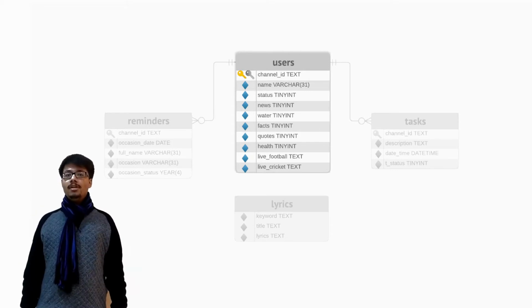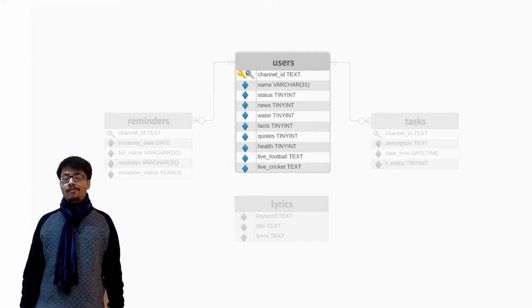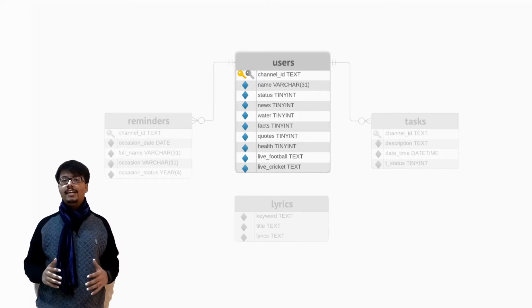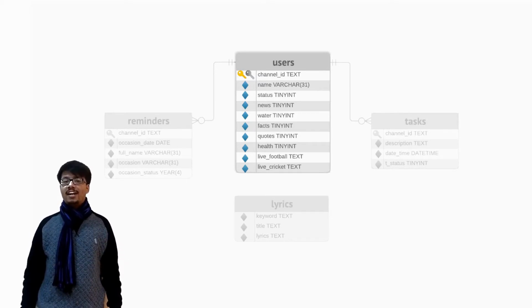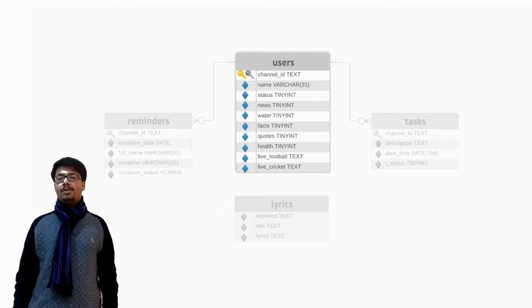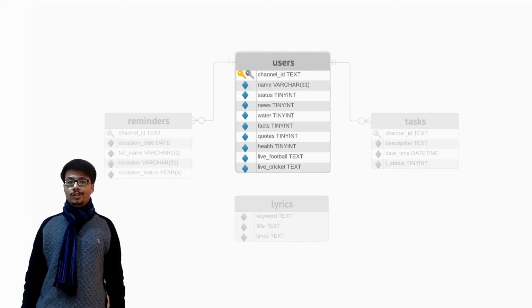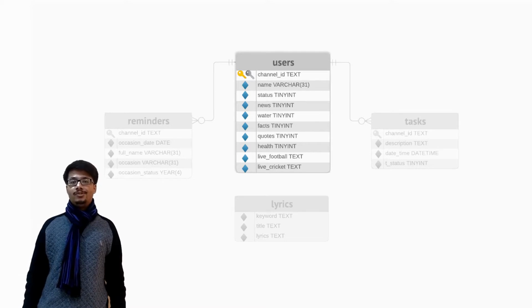The users table stores all the user information regarding users' authentication and their subscriptions when they interact with the chatbot. It stores a unique channel ID for each user when they interact with the chatbot for the first time as a text data type, and subsequently stores a user status to let the chatbot know if the user is subscribed to the bot. The chatbot then starts the conversation to know the user's name by interacting with the user.